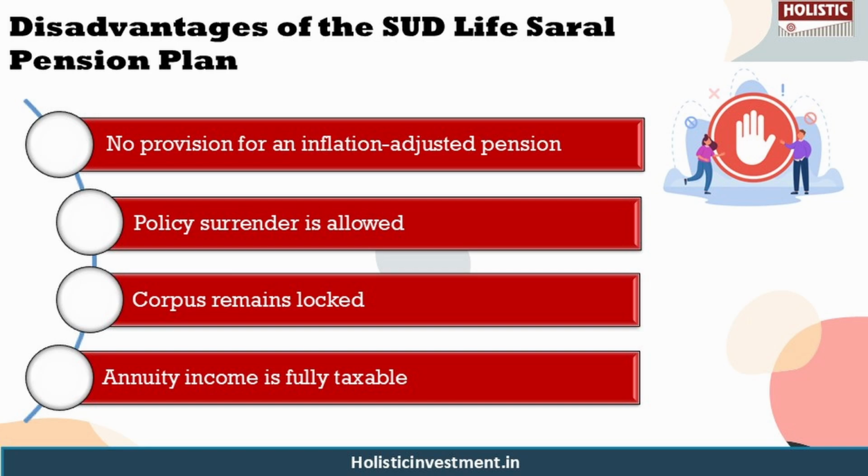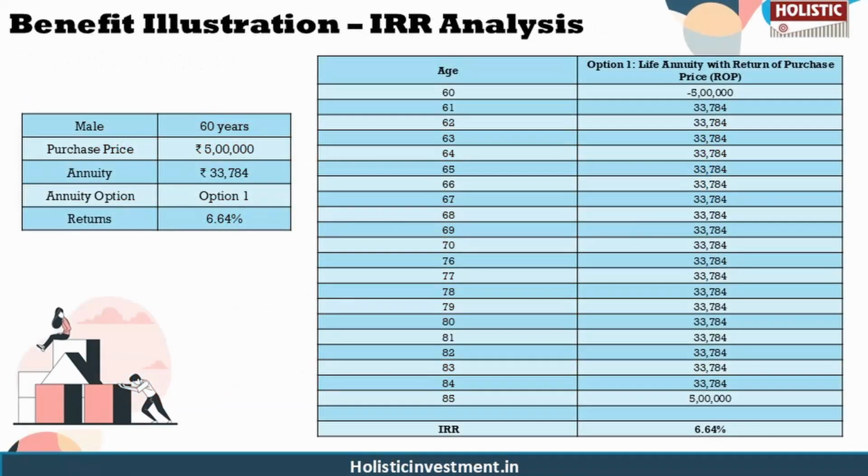Now, as we have a basic idea about it, let us move on to the analysis part of the video, where we are going to conduct an IRR analysis based on the benefit illustration given in the policy brochure to help us take a more informed decision. But if you do want to know more about certain aspects of the policy in detail, you can refer to the policy brochure. So here, for calculation purposes, let us assume that a 60-year-old male invests 5 lakhs under option